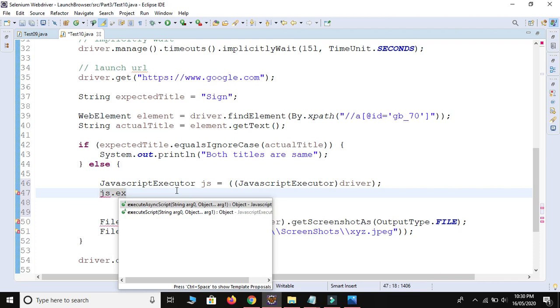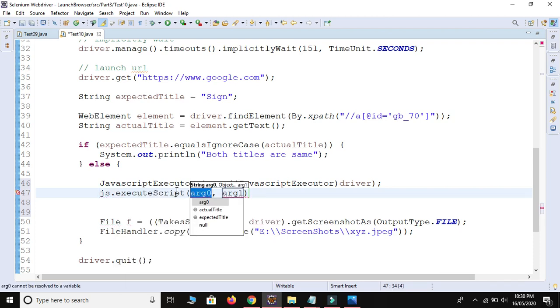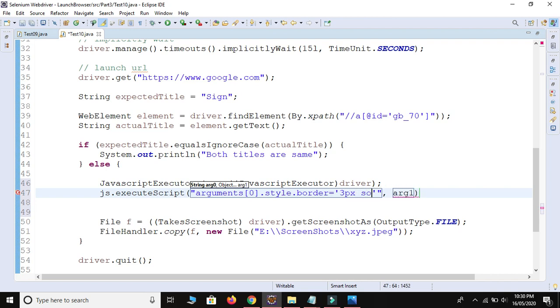js.executeScript is the method. It will take two values in the form of string. So this is the code. I will write arguments[0].style.border is equal to 3px solid red.